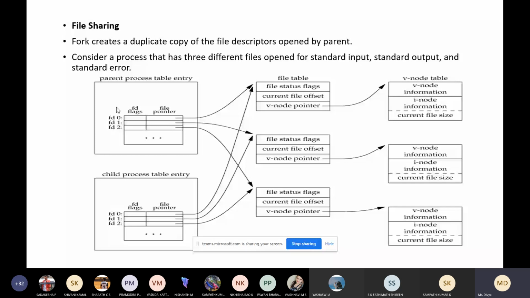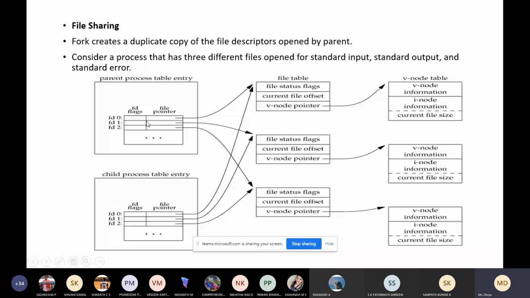Here you can see there are three file descriptors, which represent different files, maybe files related to input, output, and error. These file descriptors belong to the parent process, and you can see the flags and the file pointer.